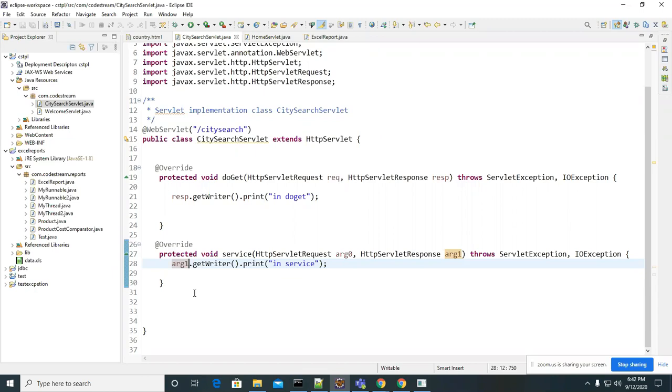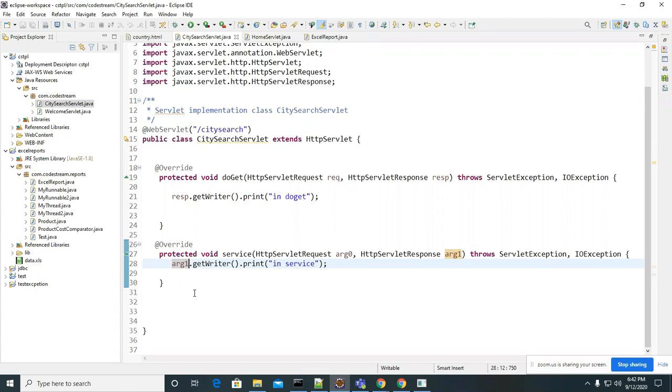Because the flow is, first it will try to call the service method. That service method internally calls the doGet or doPost in the HttpServlet. But we already overrode the service method of HttpServlet in the CitySearch servlet. Whatever code is there, it will not execute the code in the HttpServlet service method. If it executed the HttpServlet service method, then it would call doGet or doPost.